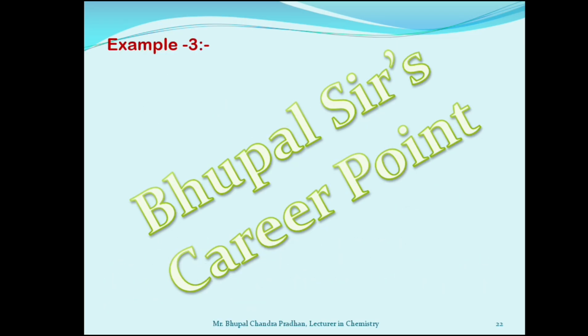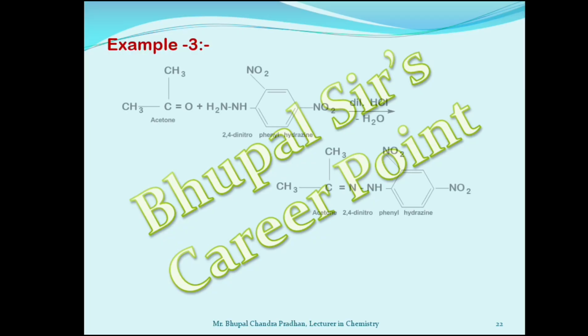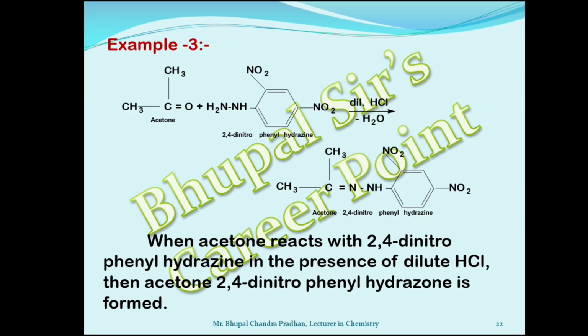Let us come for the third example. We will take 2CH3. It will become acetone. Whenever acetone reacts with 2,4-dinitrophenylhydrazine in the presence of dilute HCl, water molecule will be eliminated by using the oxygen of carbonyl group and H2 of 2,4-dinitrophenylhydrazine to give us acetone 2,4-dinitrophenylhydrazone. So in the statement we have to write down, when acetone reacts with 2,4-dinitrophenylhydrazine in the presence of dilute HCl, then acetone